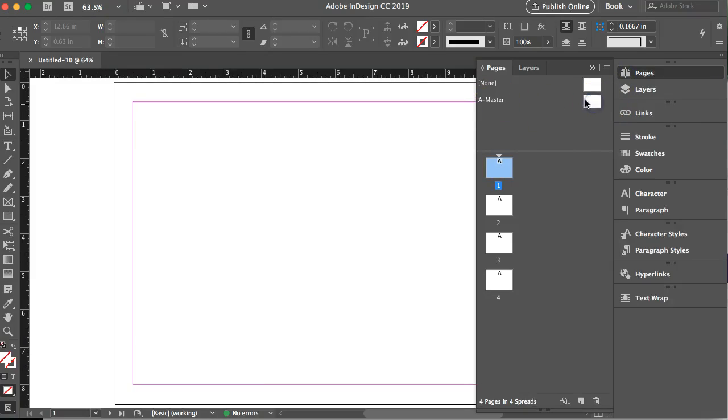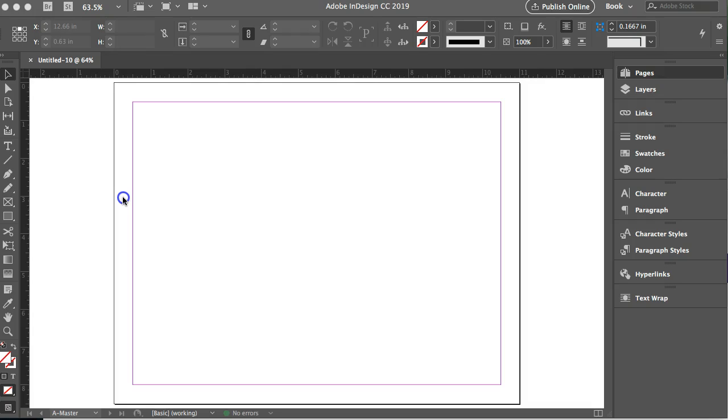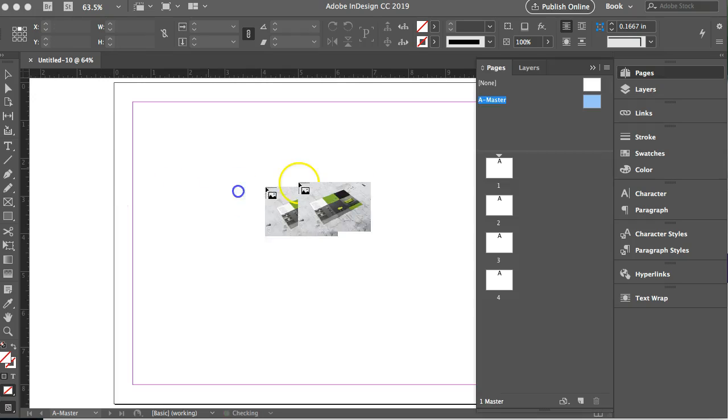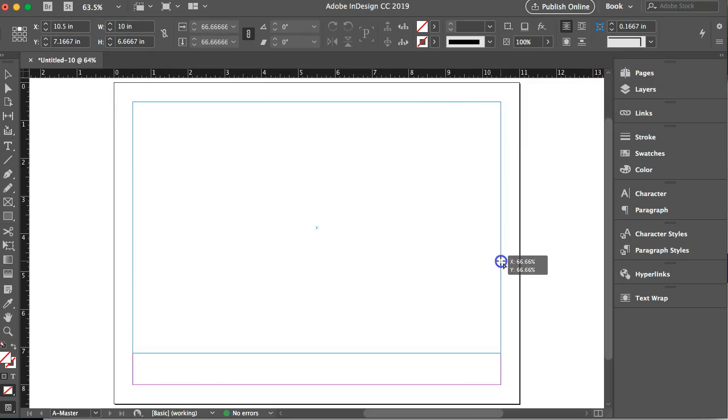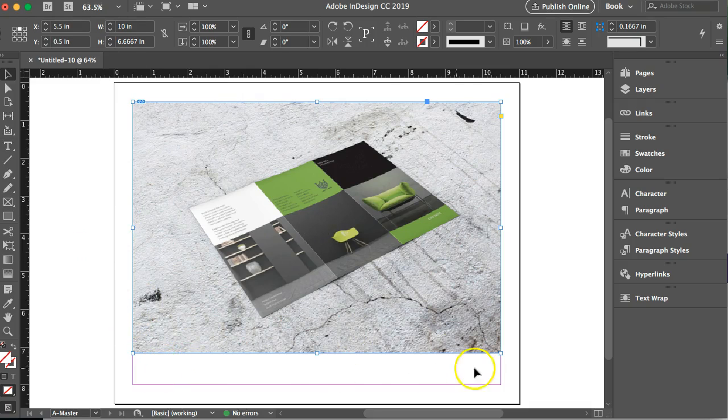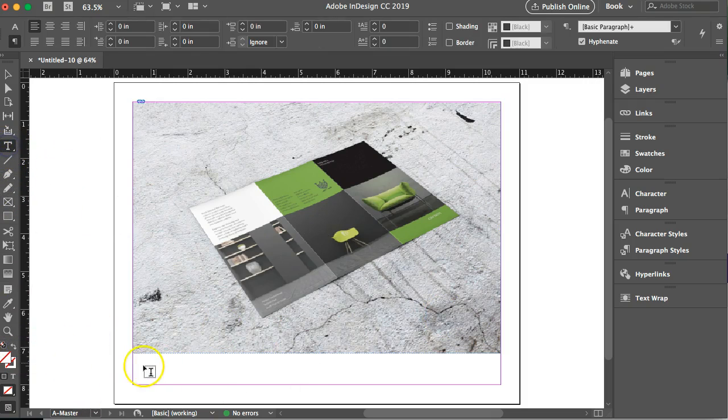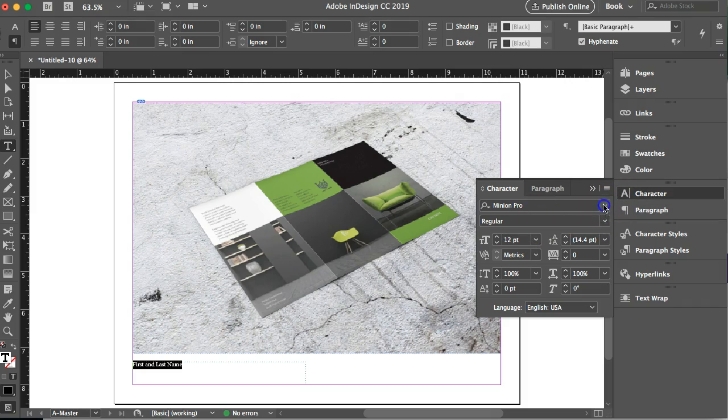We want to double click on this master page in one of our mockups. Okay, and we really want to, let's close this up. We want to click and drag, and we're going to put some information down here at the bottom. Remember, this is the master page, so we want to put our name. You can decide on a particular font that you want to use for this, and I like